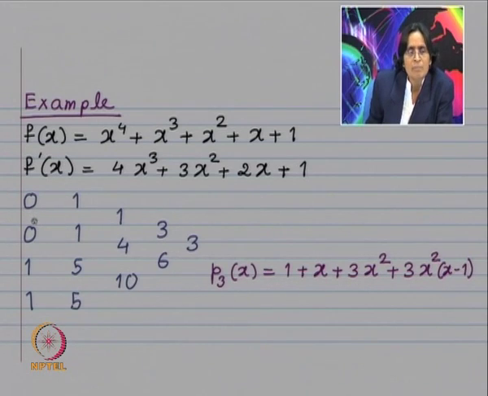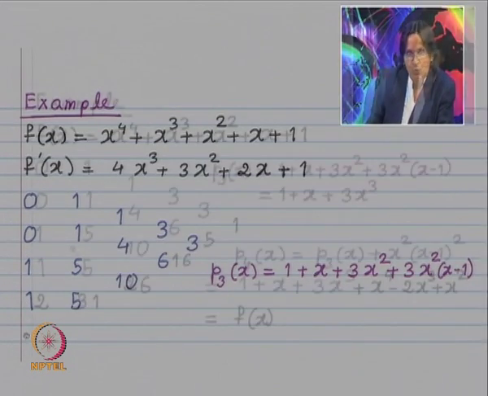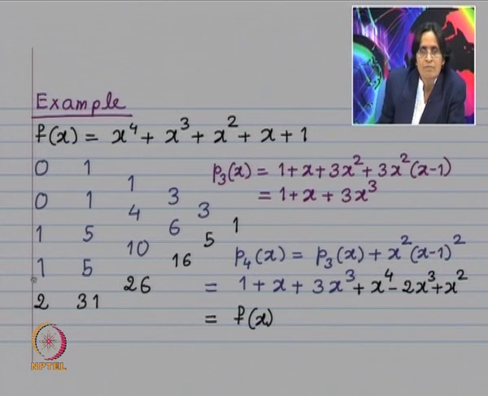Now, let me add one more interpolating point. Suppose I want to find a polynomial which interpolates the given function at 0 repeated, 1 repeated and 2. So, then this divided difference table we had already calculated. So, we just need to add these entries. So, here is 2, f(2) is 31. This entry will be (31 minus 5) divided by (2 minus 1).